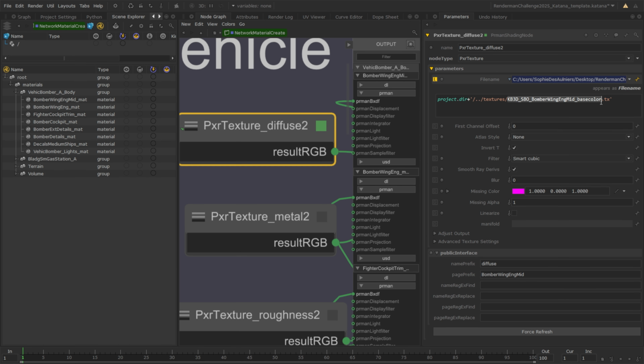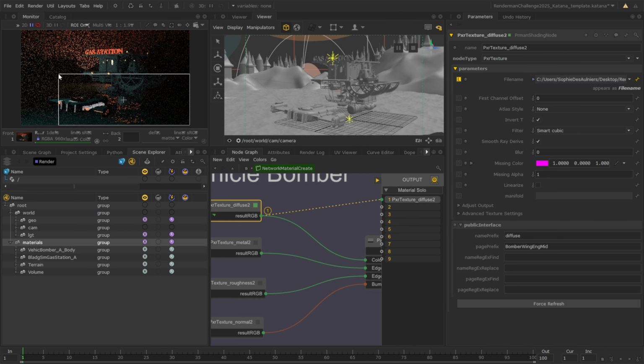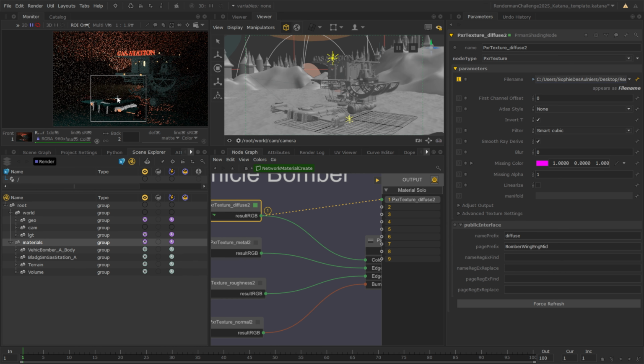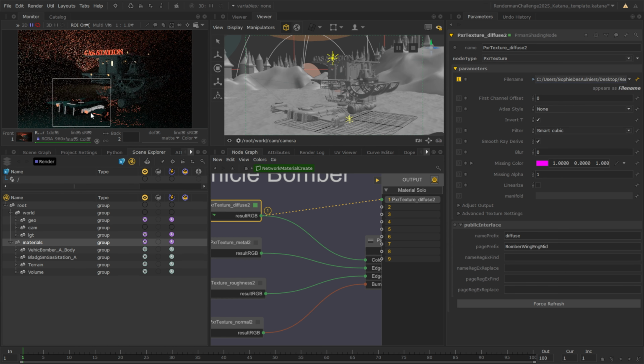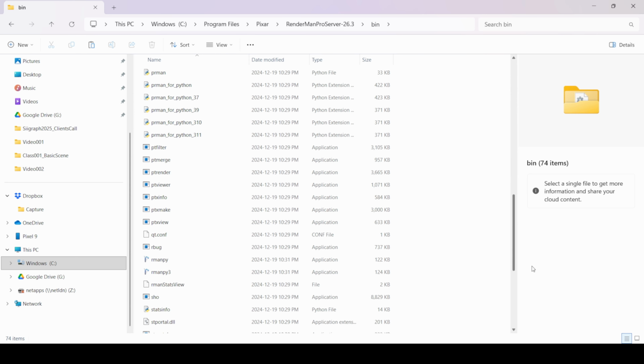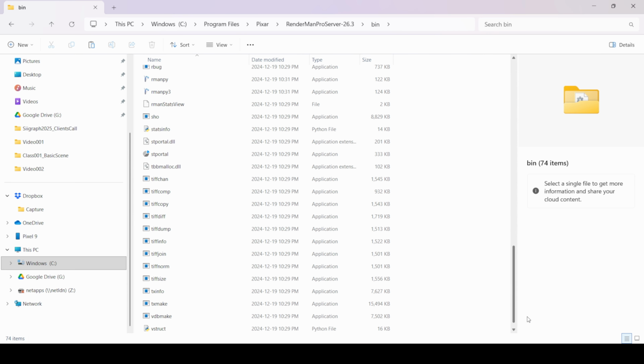Something to remember is that RenderMan works with .tex files, so you will need to convert your textures over to this file format. TEX makes texture lookups faster and uses memory more efficiently at render time. Luckily, RenderMan provides a tool to do this in your Pro Server installation directory called